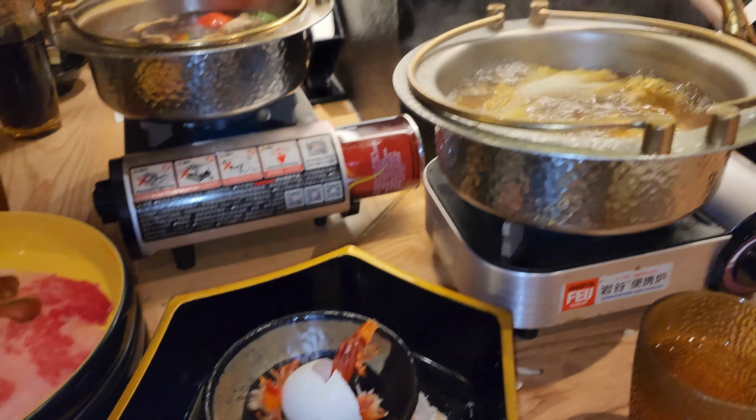However, this is not your everyday all-you-can-eat hot pot place. You kind of choose what's already pre-made based on the broth, the meat, and the style that they make it in. And then it comes out to you, and you have your dipping sauces that are already pre-made that you can dip with different types of meats. Each sauce goes with different types of meats and seafood. And also you could even get a vegetarian one if you're not into the meats, which is what I got